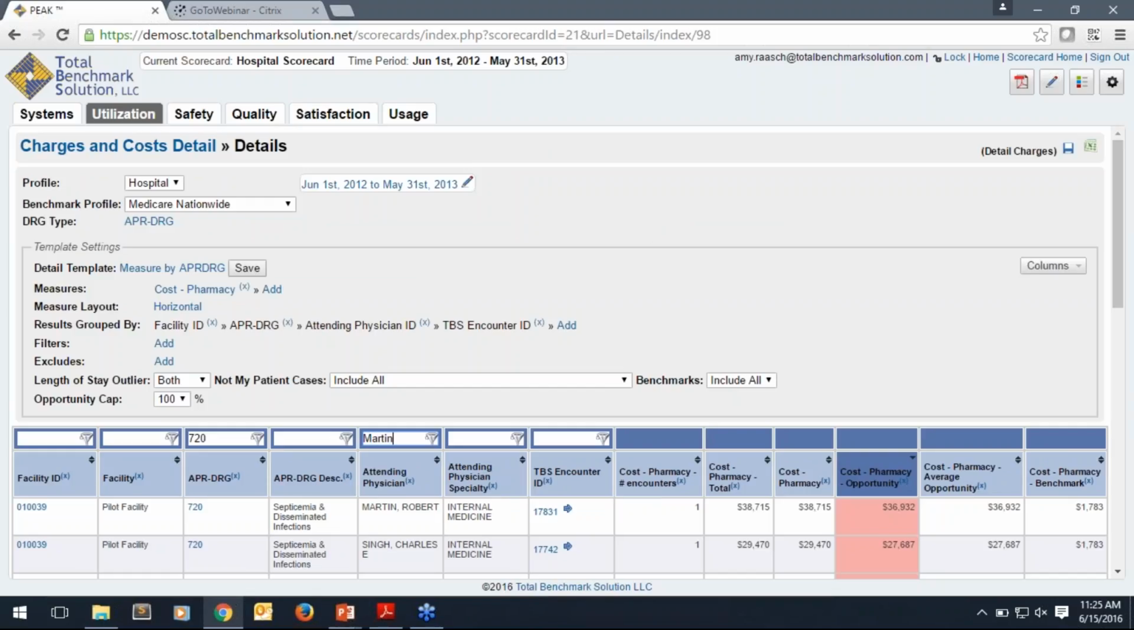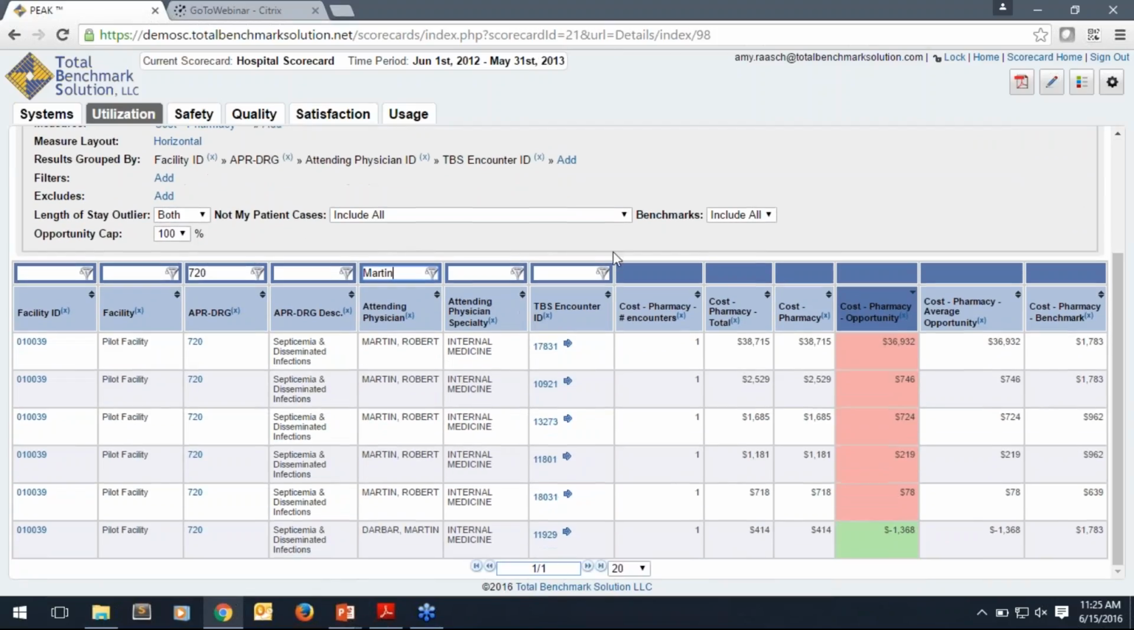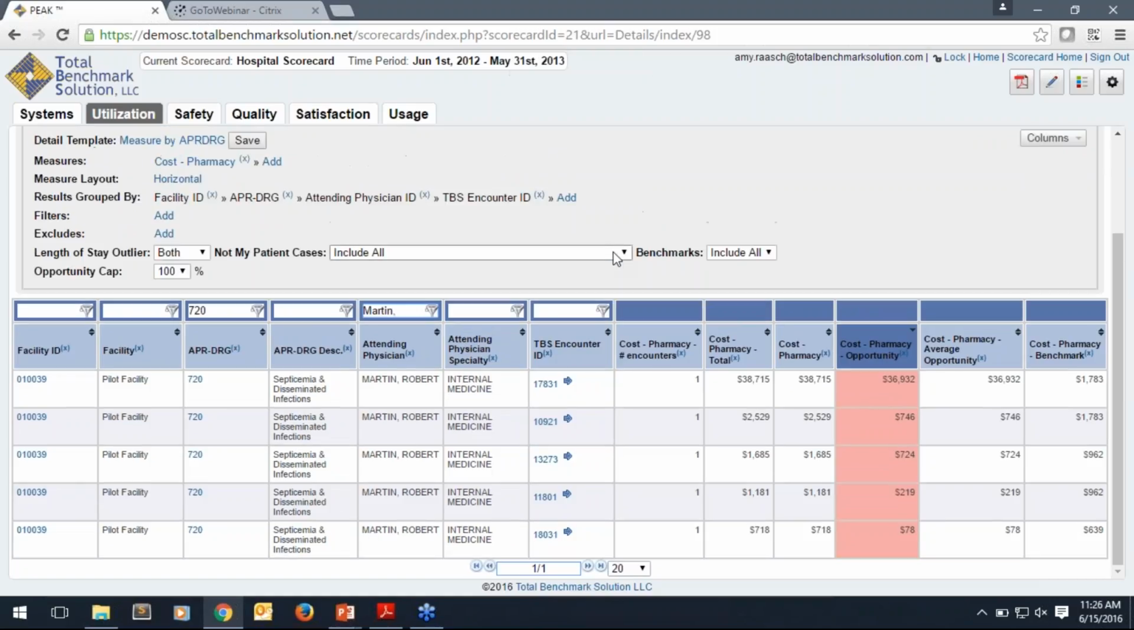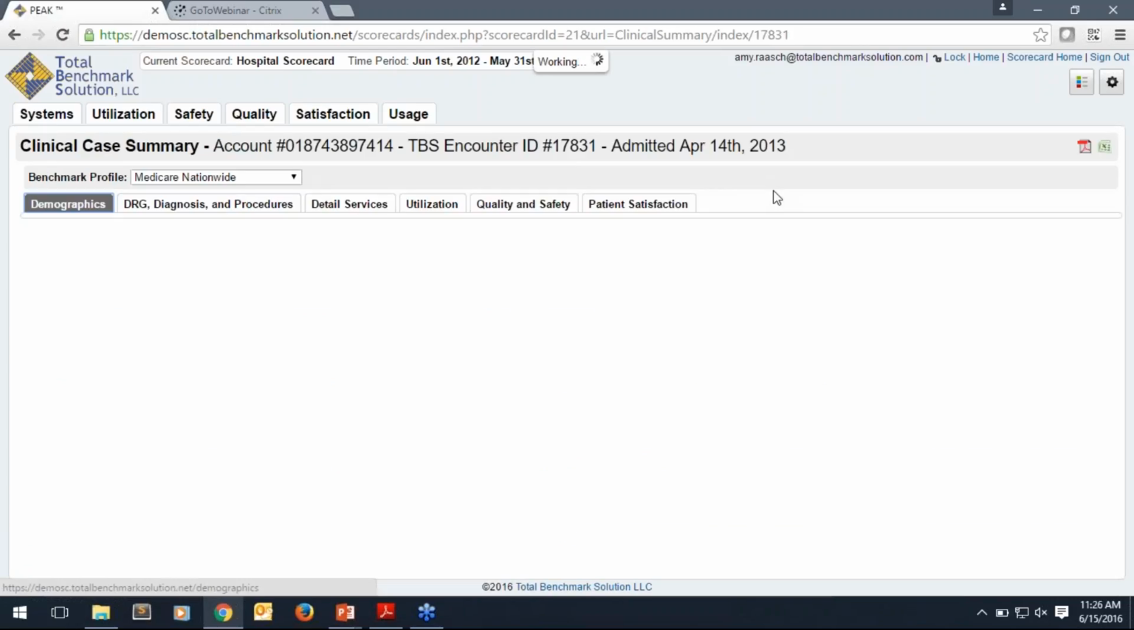So I'll add a quick filter again. And now we have a list of those encounters for Dr. Martin. We'll see here that this first one had about $38,000 of pharmacy costs, a lot higher than any of his other cases here. Now what we can do then is actually drill into any one of these encounters. And this is a capability that you can use throughout the PEAK system, where you can drill into what we call the clinical case